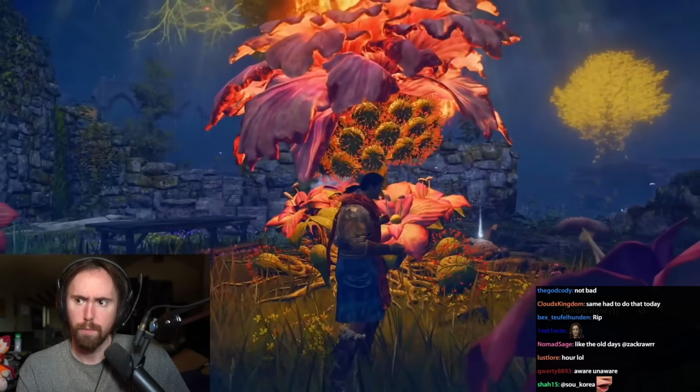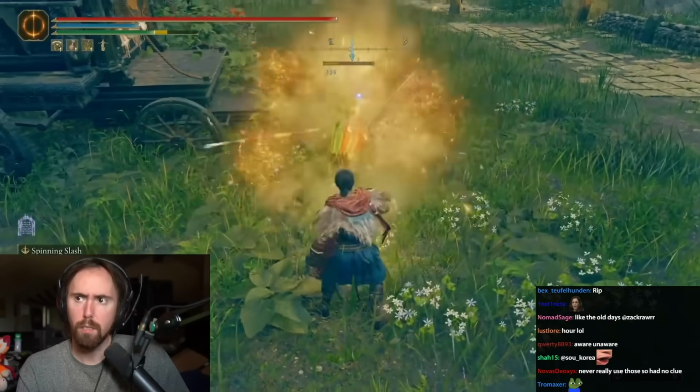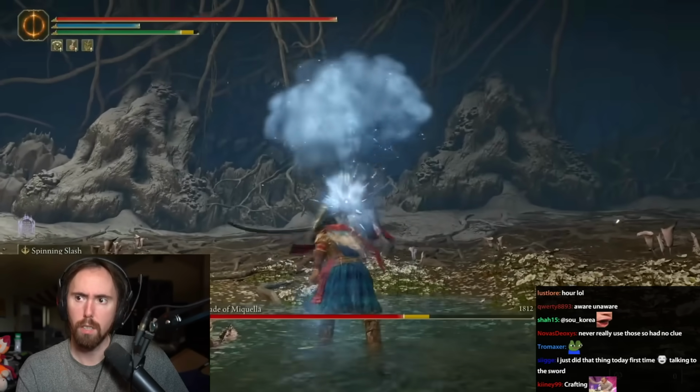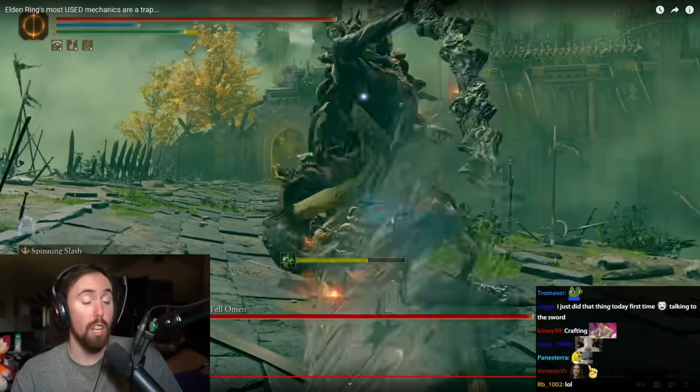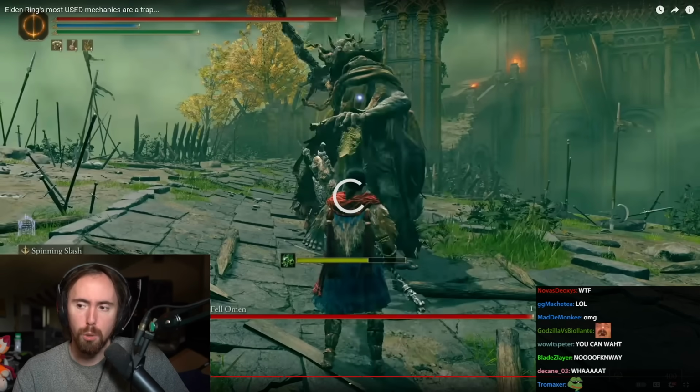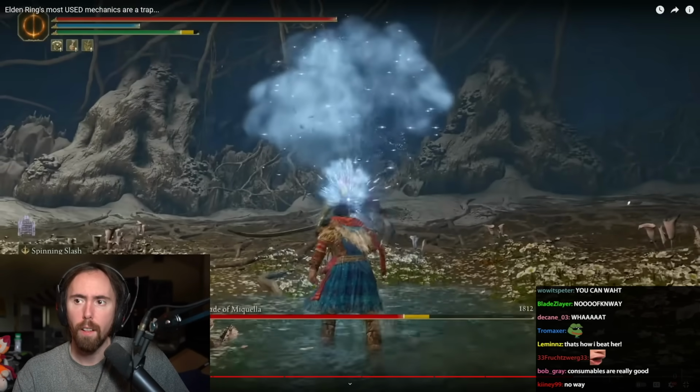Every consumable has a distinct use. Pots can do some crazy damage and offer a ton of utility, like cancelling Melania out of the waterfall or cheesing her second phase. You can...